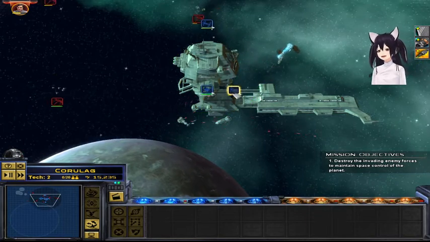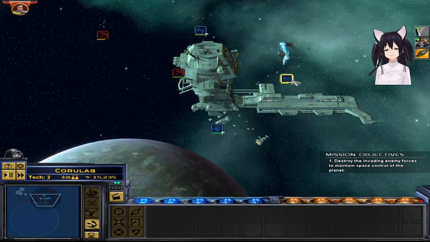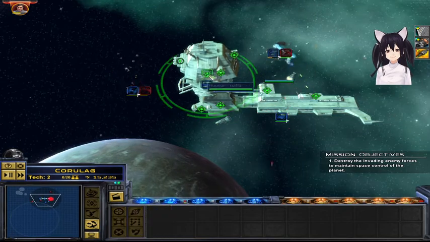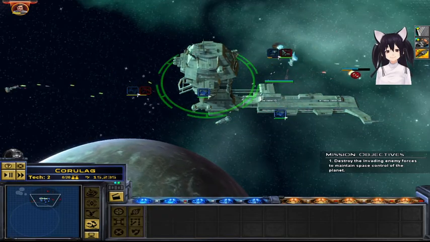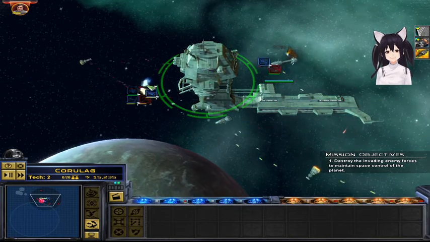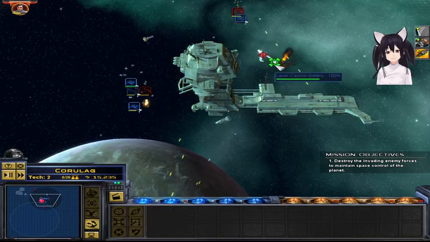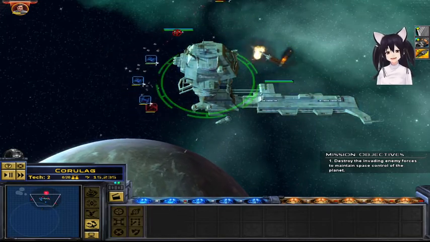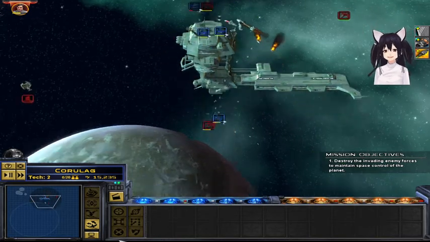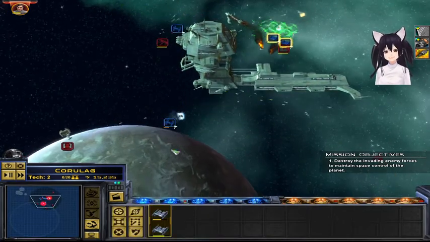If they would focus fire, which they do on occasion, this is basically being taken out as a threat, so I'm not really interested in what's happening to that cruiser. I do want to kill him, but again,